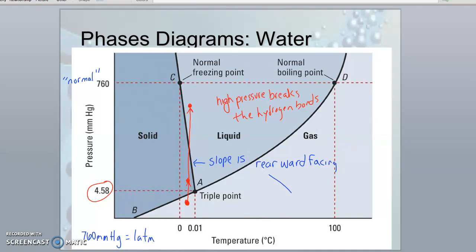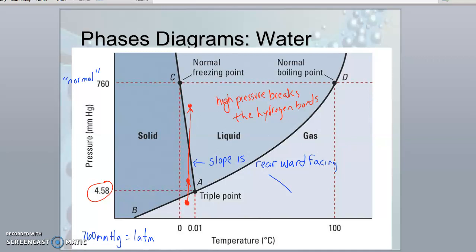Something that's kind of neat is ice skaters: all of their mass is on a skate that's sharpened, really sharp, and it's a very small area on the ice. So there's a lot of force underneath that blade that's compressing that solid ice and breaking those hydrogen bonds. The skates are actually sliding along on a thin sheet of water, which is really neat.